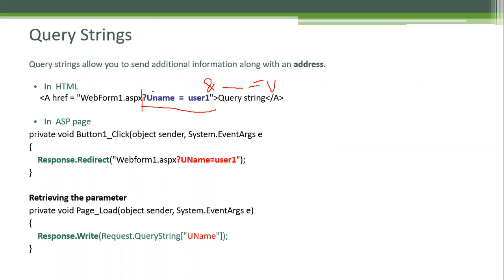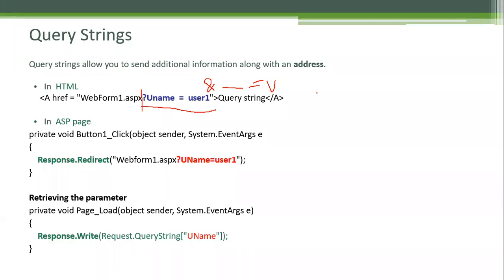So this way we can send information from one page to another page using query strings. Query strings allow us to pass data from one page to another page or from client to server, so that the server will process it and provide the required data. Query strings are appended at the end of the URL and are visible to all. They are visible in the address bar of the page.